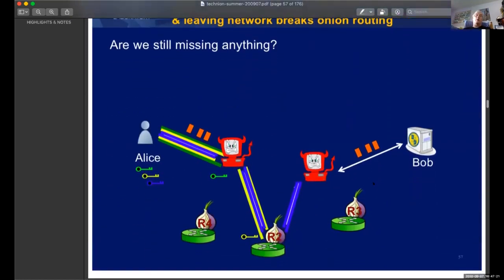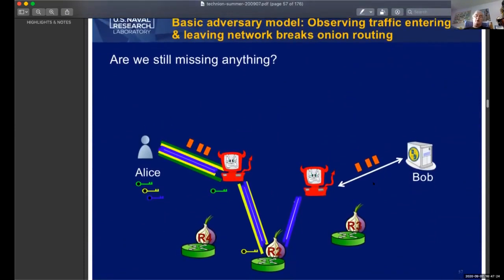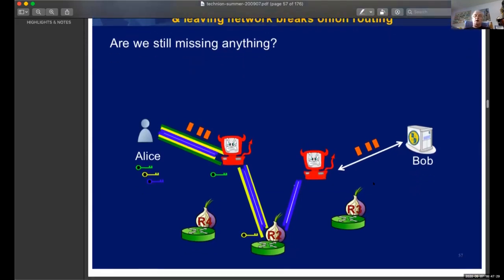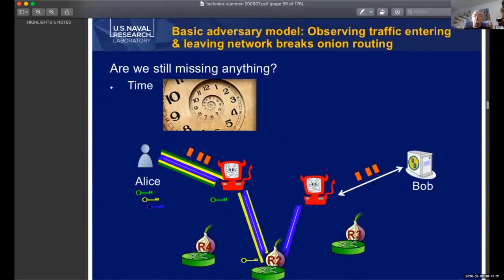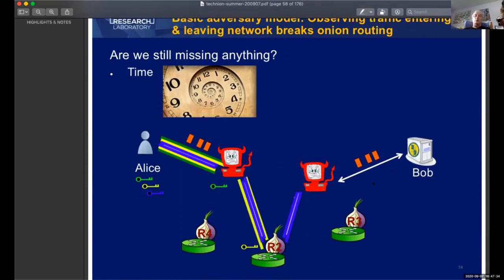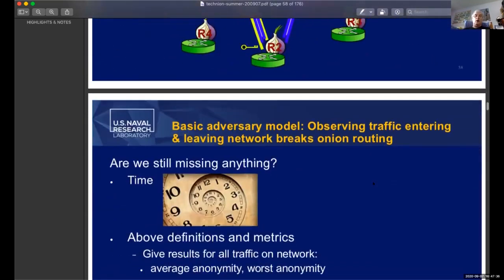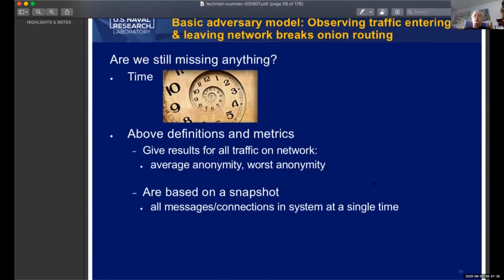So we've got all these different characterizations of all these different things. We've got links and nodes, and is there anything else missing? And yes, there is. We haven't yet talked about time. All of the above definitions and metrics give results for essentially all the traffic in the network. So they talk about things like the average anonymity or the worst case anonymity for all the traffic. And they're based on either a single snapshot in time or a collection of all the traffic over time,